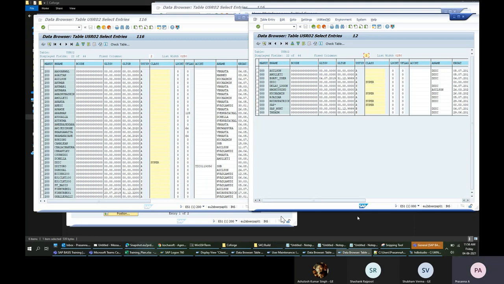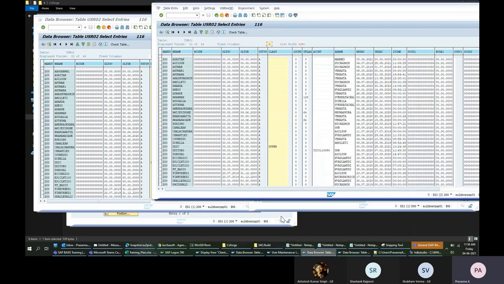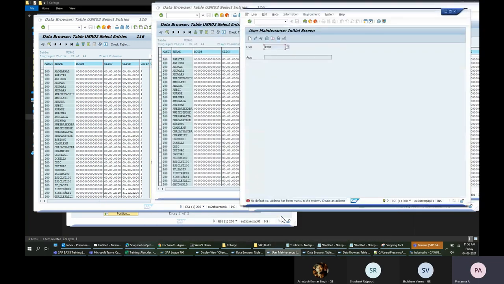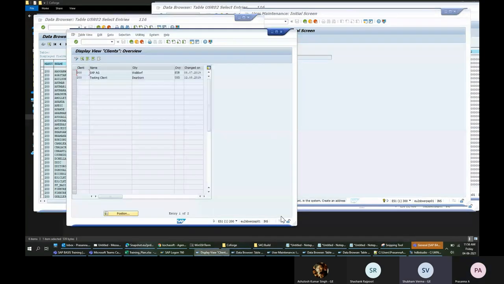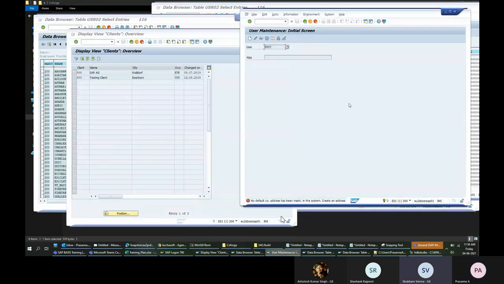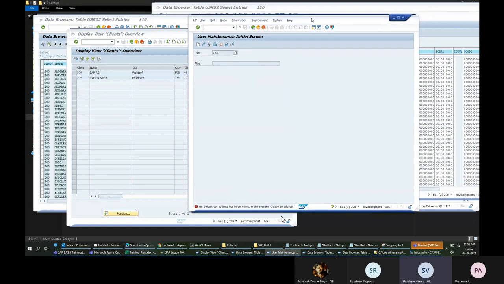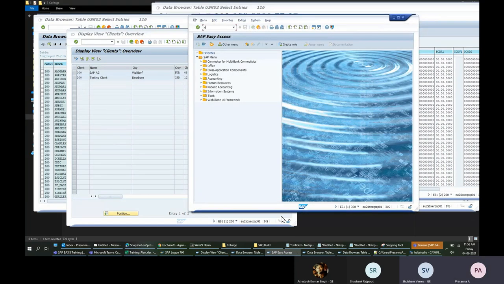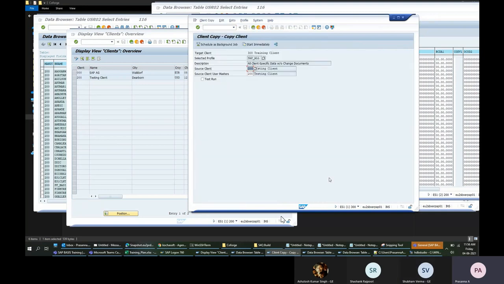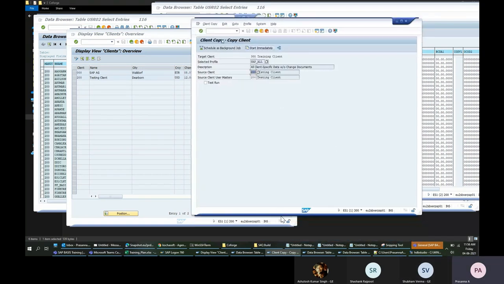You were asking something related to data copy. What is it? No, I'm asking that we have created the 300 client and we have also performed a copy operation. No, I have not copied. I just showed you how to copy. I didn't execute it, because it will take time and it will use the database space. Since this is a customer system, we shouldn't create it. With this entry, I can delete it.